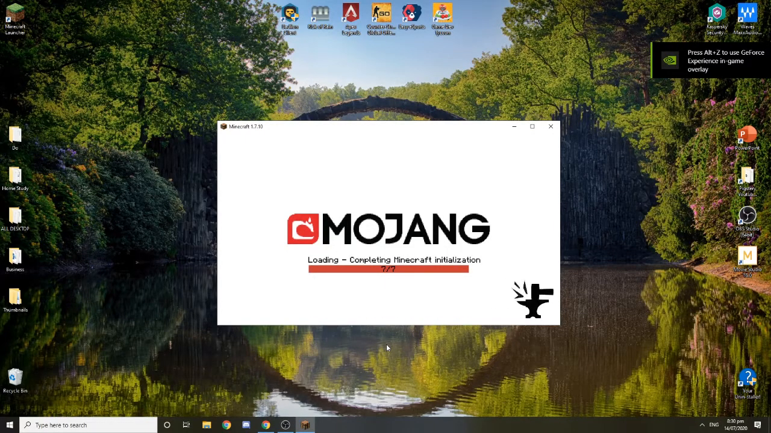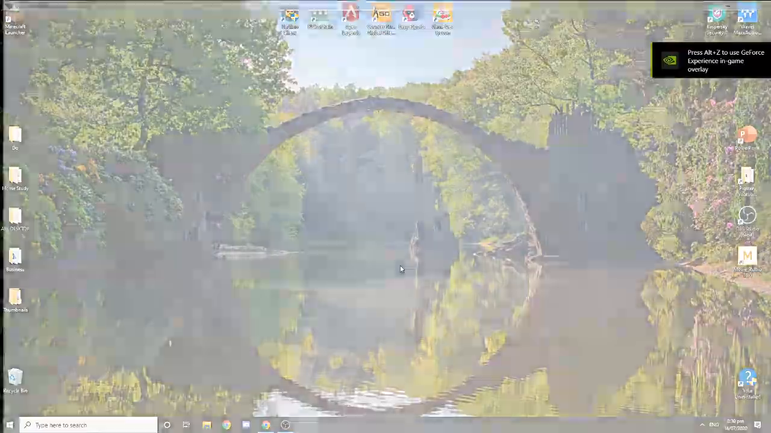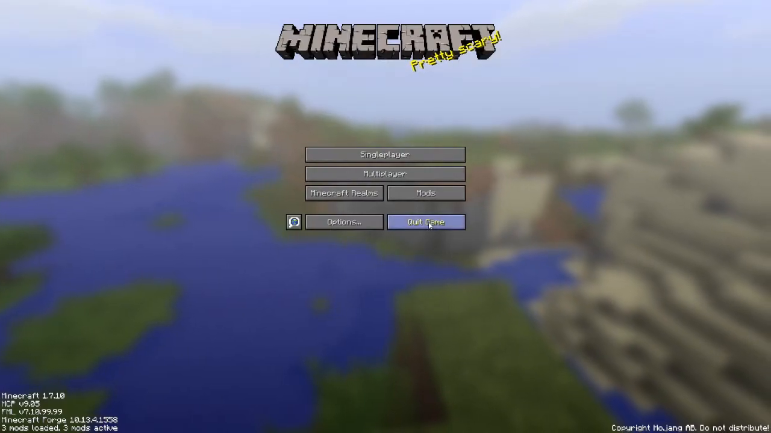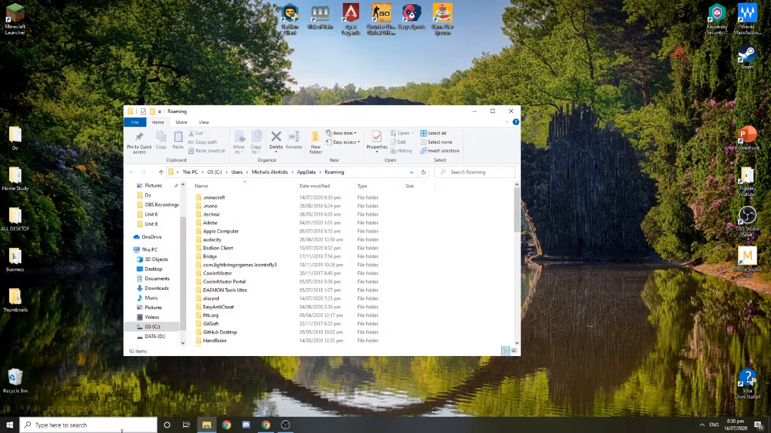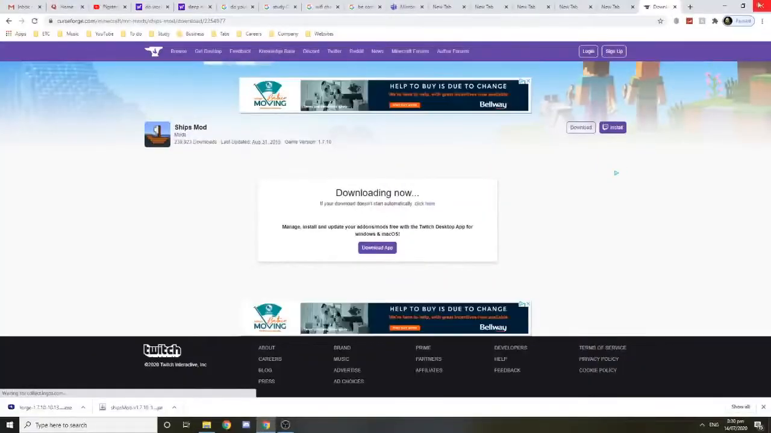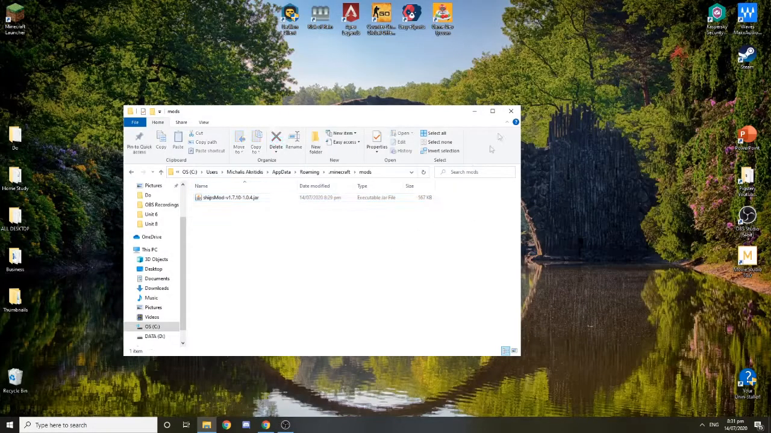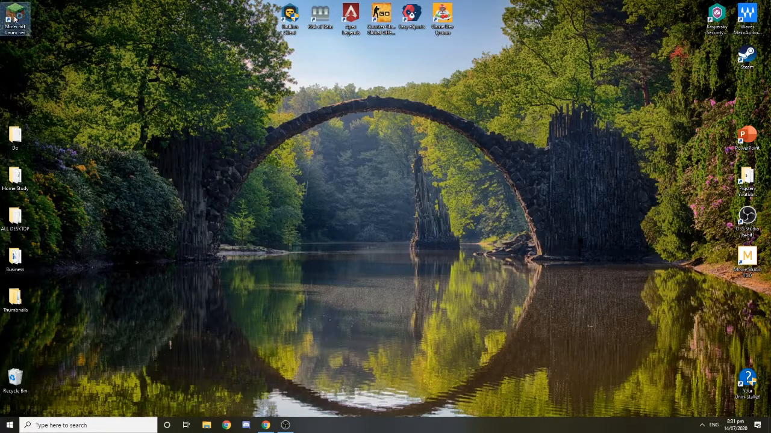Minecraft should launch now. As you can see, we don't have anything here yet. So now that should have created the mods folder. So we want to do %appdata%, go to Minecraft, go to the mods folder, and just pop this thing in, ships mod. So after that's done, we want to close this up and we want to open Minecraft back up